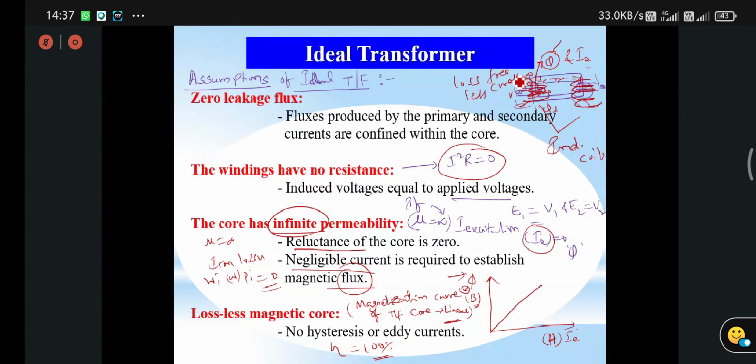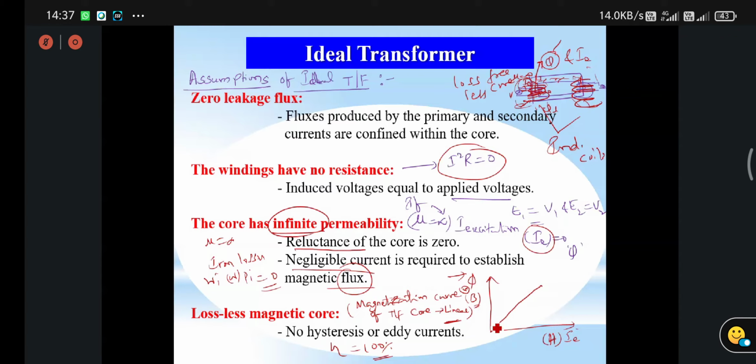So what I am saying, just listen carefully. As compared with the practical transformer, an ideal transformer doesn't have ohmic resistance and no magnetic leakage flux, no copper losses and no iron losses. Thereby the ideal transformer consists of two purely inductive coils which are wound on a lossless core. The efficiency of an ideal transformer is 100%, and the magnetization curve of the transformer core is linear here.